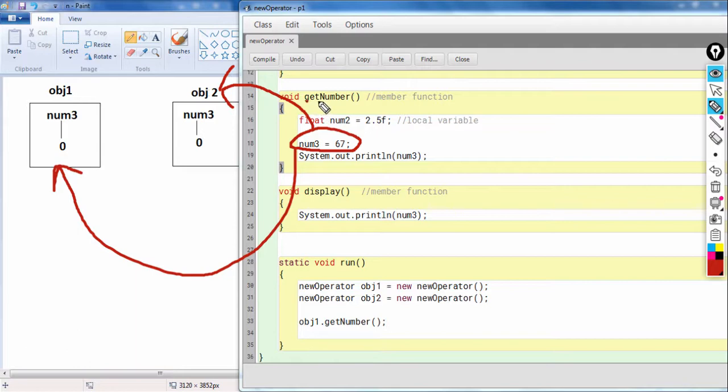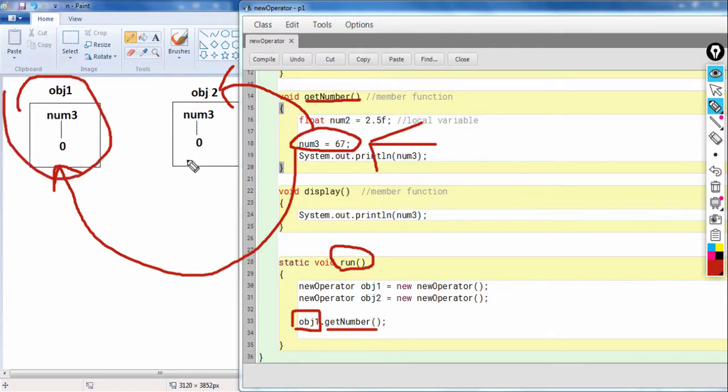Which object called this get number? So if you come back to our run function, okay, here the object is clearly obj1. Using obj1 we called get number. Okay, that means this num3 is referring to obj1's num3, okay, and not obj2's num3. The reason is that obj1 is the calling object.